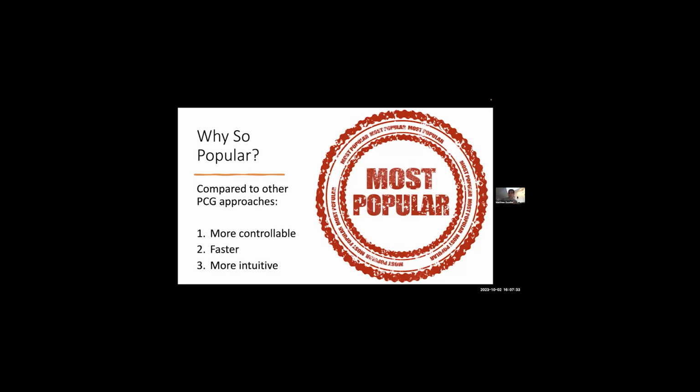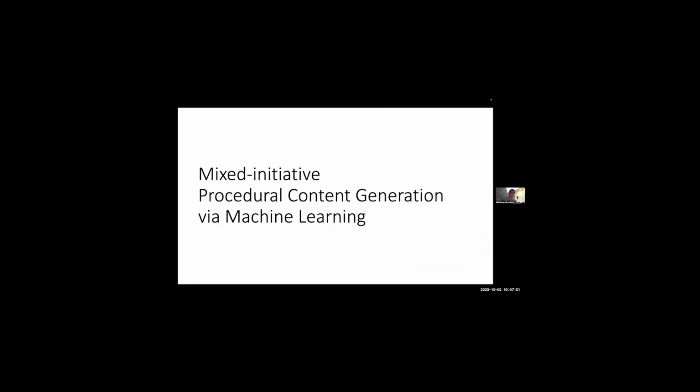And they're more intuitive for designers. So most designers are not thinking about a PCG problem in terms of a distribution over things, are not thinking about a PCG problem as a search problem. They're very used to thinking about a PCG problem or a design problem generally in terms of breaking apart into pieces, working on those pieces individually, and then putting them together. So it's a natural fit.